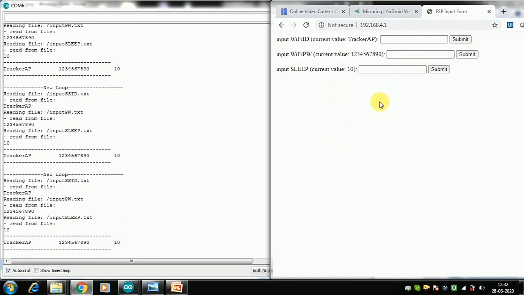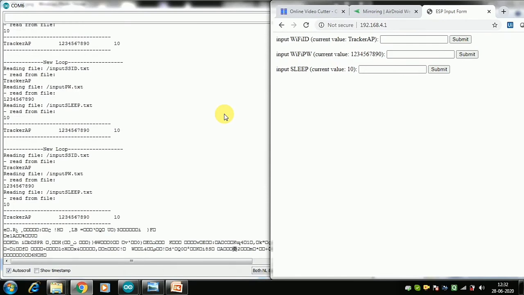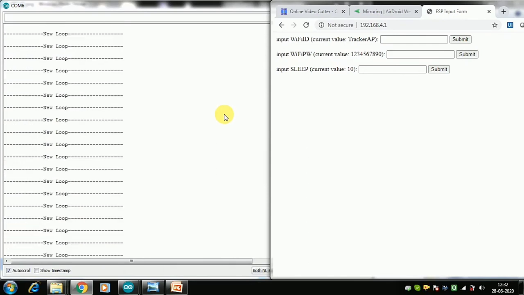Also, we'll show you another mode, which is the auto update mode. So in auto update mode, what happens? I'm now changing the device mode to auto update mode. It happens when you press the GPIO 13 for more than 3 seconds. Now my device is in run mode 2. Run mode 2 is auto update mode.